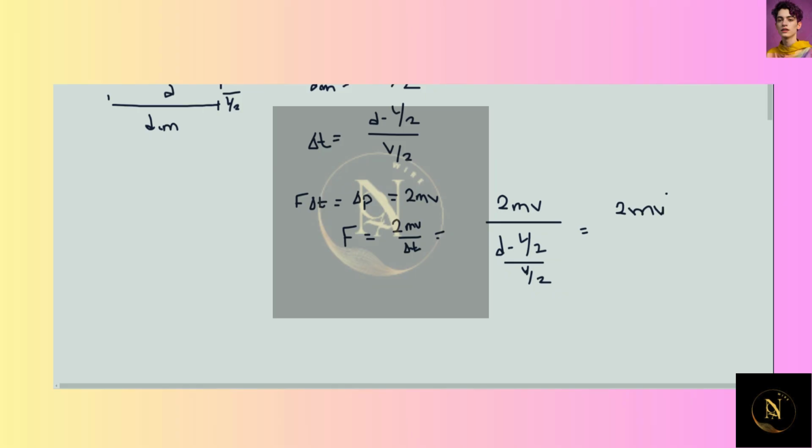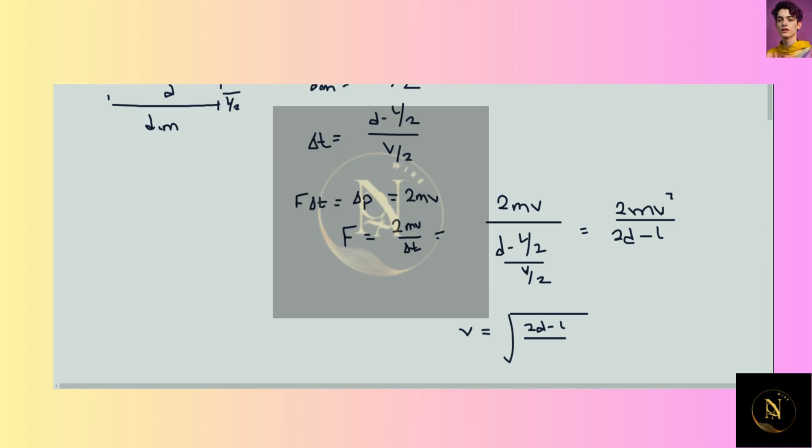If you simplify this, you will have an expression that reads 2mv squared over d minus L over 2, essentially, once you simplify it. So this is equal to f. To find the velocity, you just need to move these variables to the other side and then take the square root. So this is going to be the square root of 2d minus L over